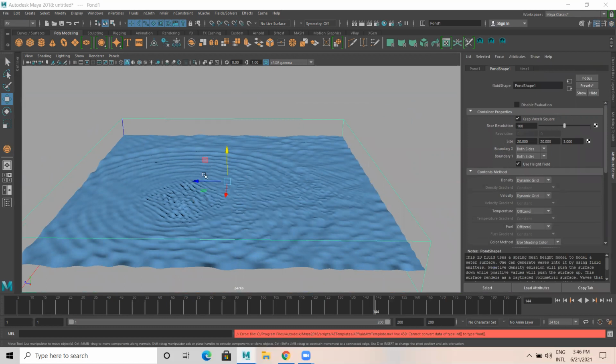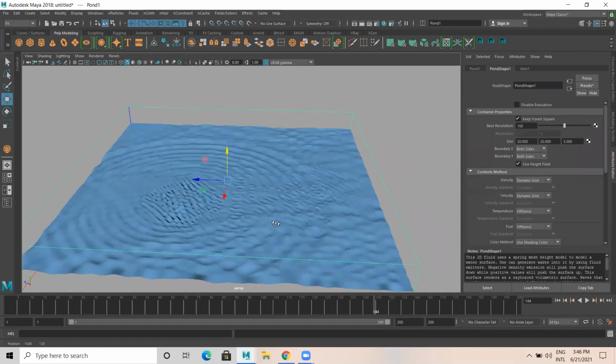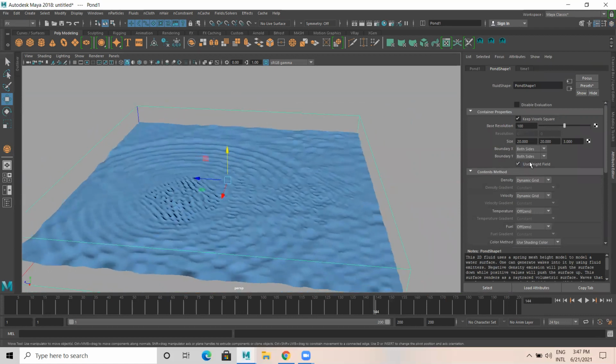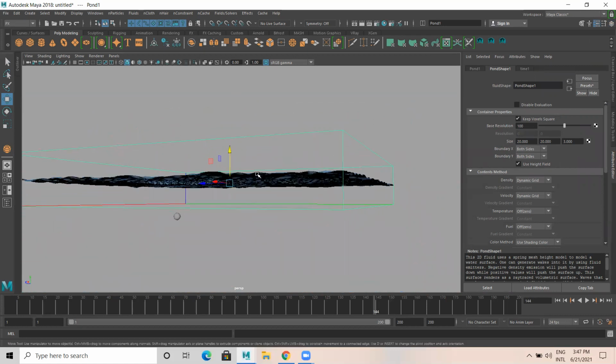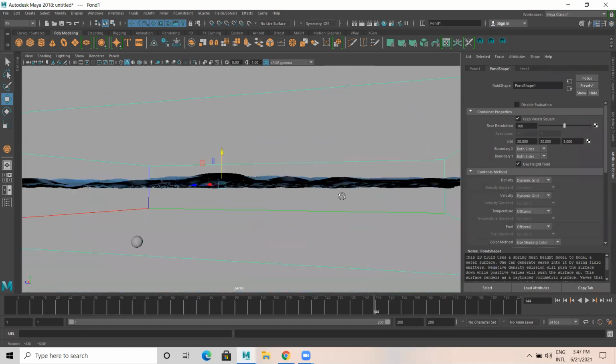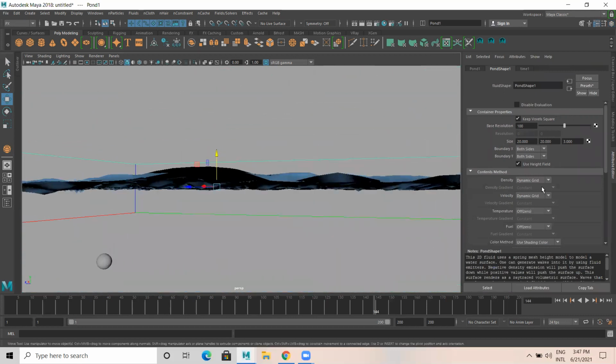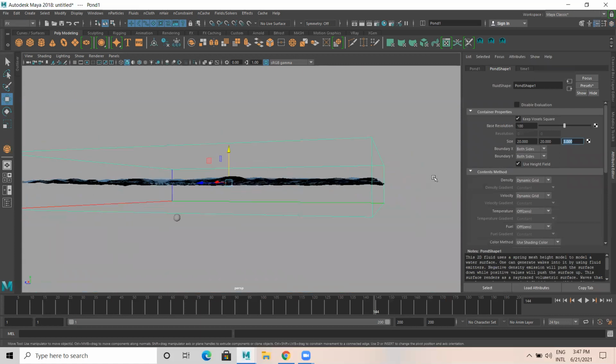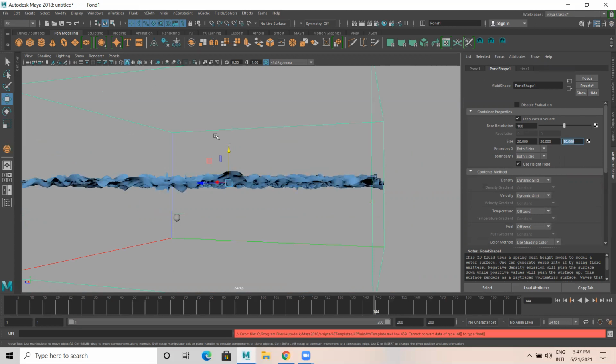And you can see there is something called boundary x-axis, positive or negative x-axis, and the y-axis as well. So x, y, z here. Normally if you see, it's just a plane, and this has some thickness, that is the reason 3 is there. Even if you increase it to 10, nothing is going to change. Only the container size will be increased, nothing else.